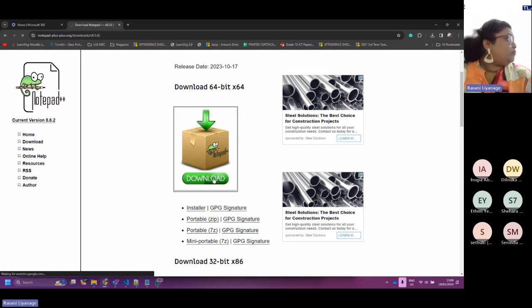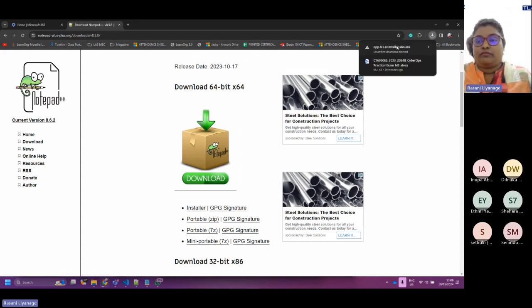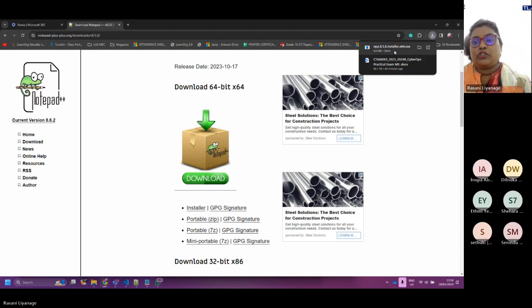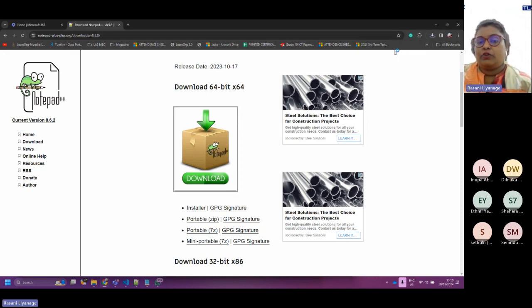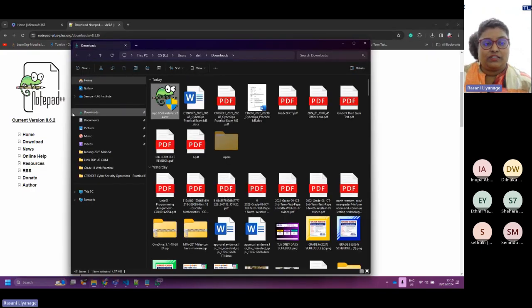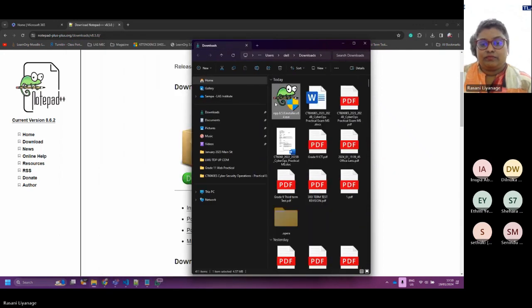And download here, there's a green color button. If they ask, this is unverified, but it's not unsafe. So say download unverified file. That would be downloaded within seconds. Download that and tell me.